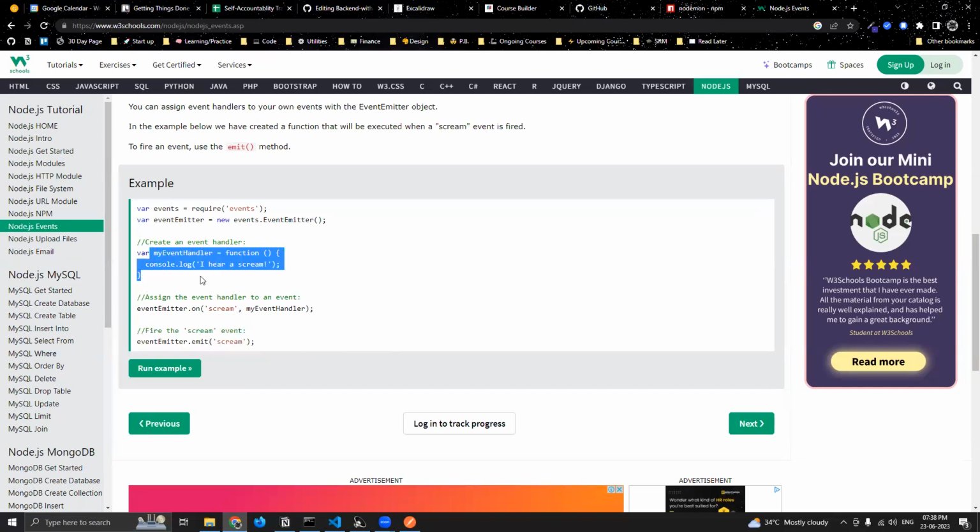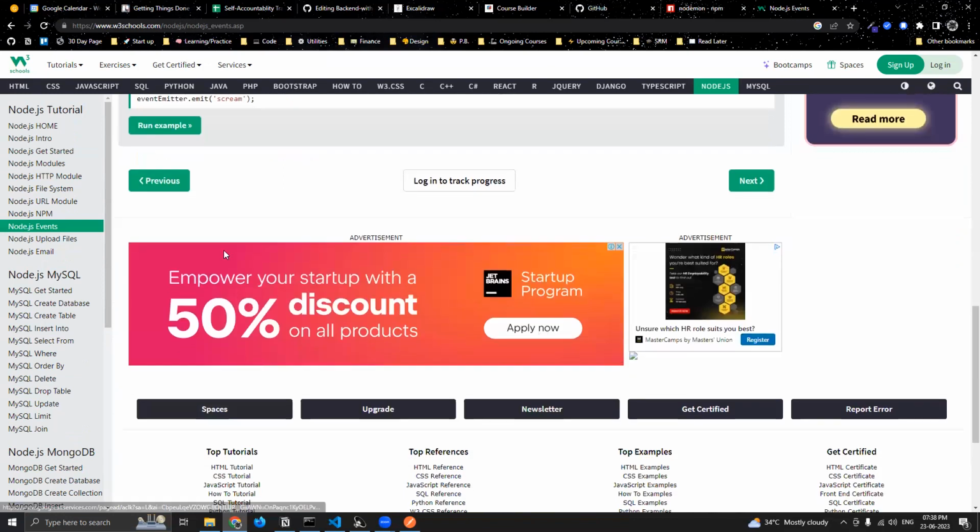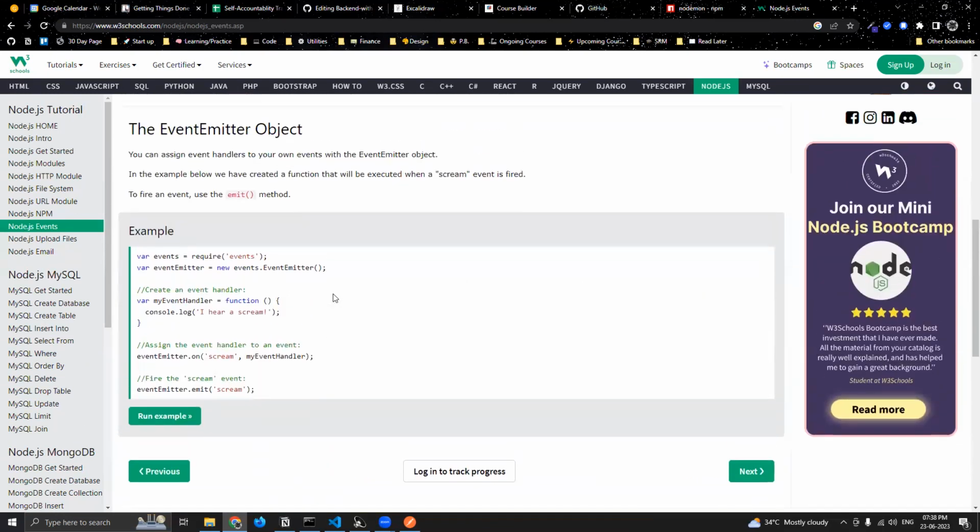So I have a function that basically console logs, I hear a scream. And then when someone's actually screaming on screen, you invoke that function. And when you actually want it to happen, you use the .emit method. So this is a very basic example, but